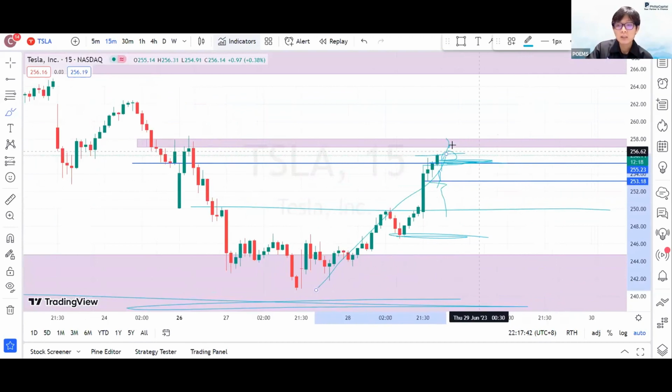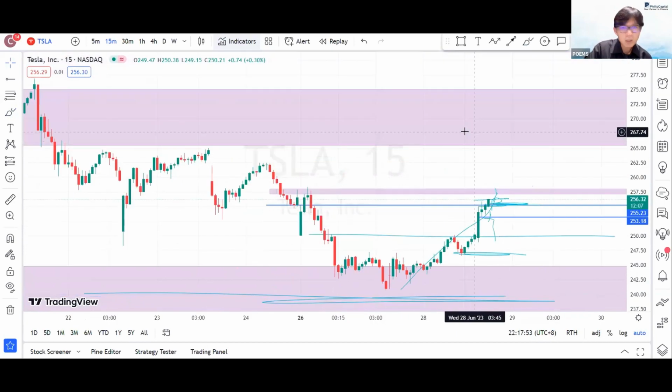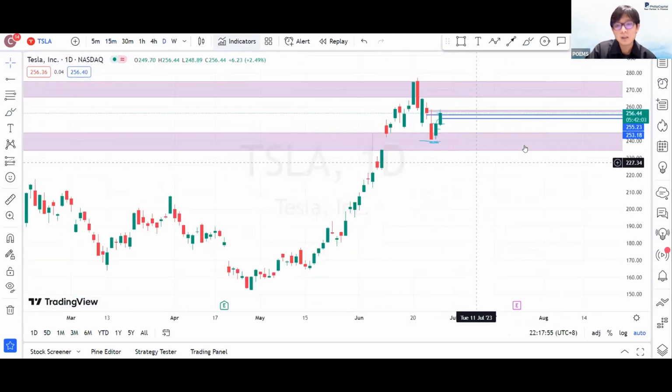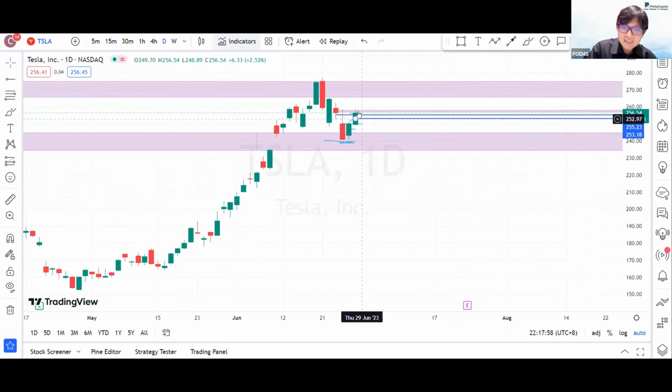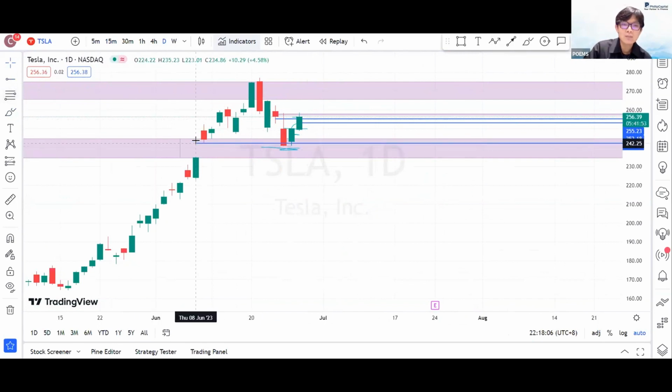All right, so intraday wise, 258, I think today should be, I don't want to say it will smash that level, but it will basically just be tapping into this area. But if we are looking at it on a daily, how today's candle forms, you must understand one more thing. We have on the daily itself basically range bound. It's quite clear we are stuck at this 270, 240 area. It's a range bound area. So what price is trying to do now from today's open is a very bullish movement back to try to basically cover Monday's movement.